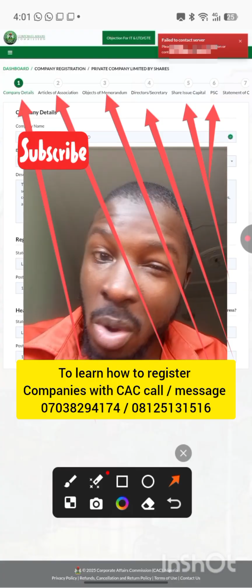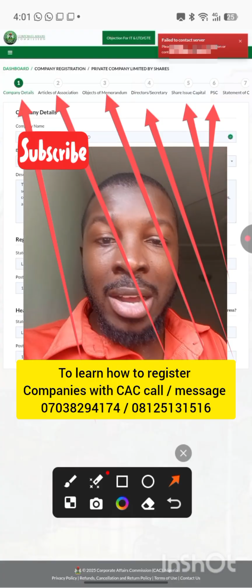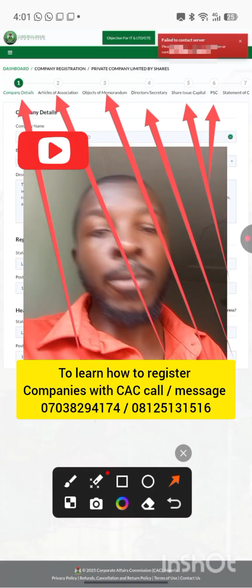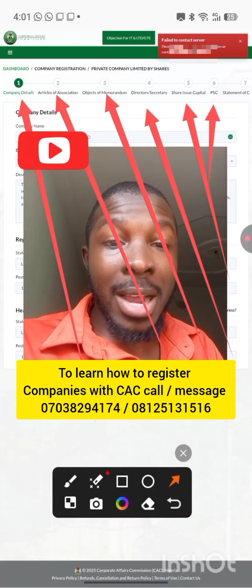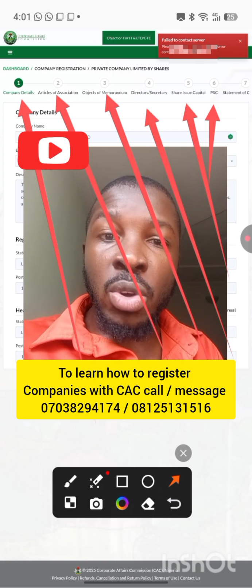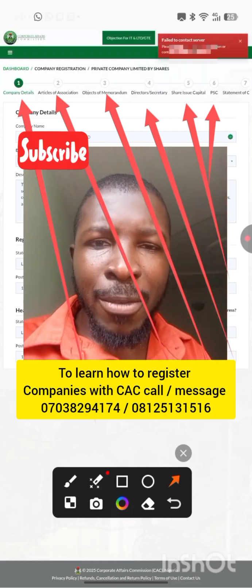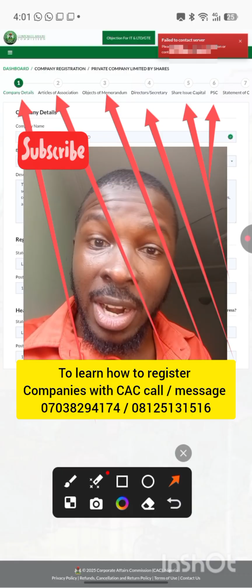Emotion doesn't count. It's the law that counts. Do you understand? Most of the time, they are doing abracadabra, depending on who has the upper hand. If you are like us who don't have the upper hand, my brother, they're going to do you. Even if you have the upper hand, still remember that nobody is indispensable. So you just need to be very, very careful in doing these things. Do you understand? Nice one.